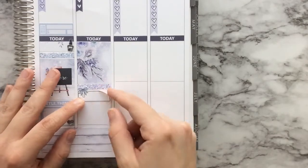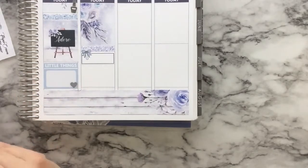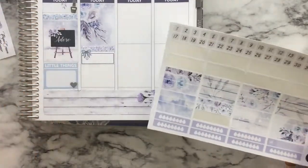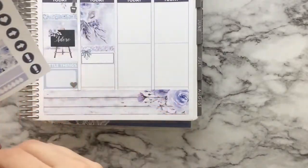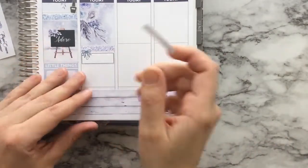And then I think instead of a half box, as I already have a half box, I think I want to stack some of these washi strips on top of each other. Like I might take a whole chunk. And I already did a floral, so maybe this one here. I'm going to take all 3 of these up. It's not seamless, but I think this pattern will probably lend itself to...